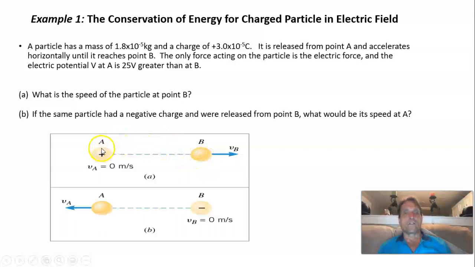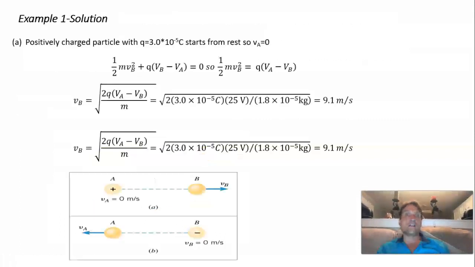Okay. Well, what's going to happen here? The positive charge is going to be going downhill, right? It's going to be going from higher potential at A to lower potential at B. So it's going to gain kinetic energy, it's going to speed up, and it's going to lose potential energy. And so what we want to do in this first part here is calculate the speed of the particle at B. Okay? So to do this, the easiest way, always when you see these types of problems, energy conservation should be the first thing you think of. Okay? And so what we can write is that